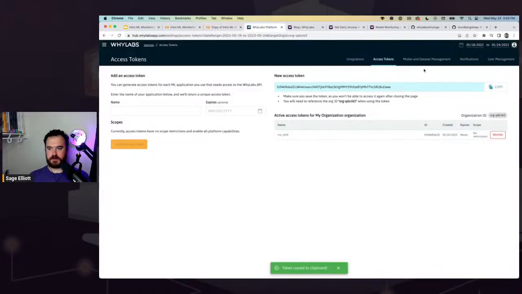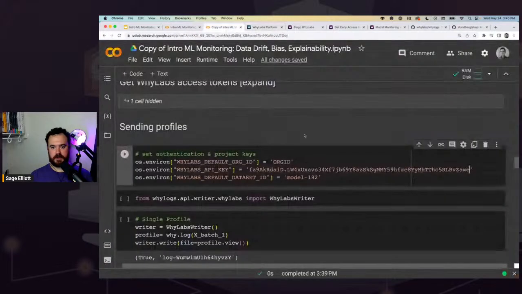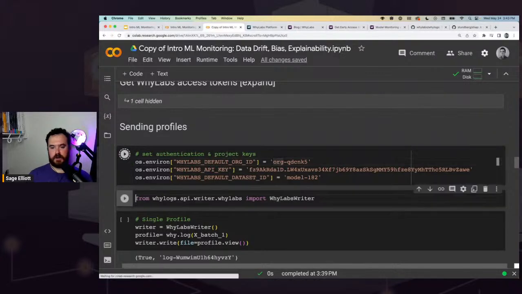One more value to get is this org ID. It shows up twice on this page once you create the token. It's always going to be right here. And then it's also going to always be right here as well. So highlight one of those, copy it over as well. Put in your org ID. Again, make sure there's no spaces or new line characters at the beginning or after it. And then you can run the cell and you'll be set up now to write data to YLabs.